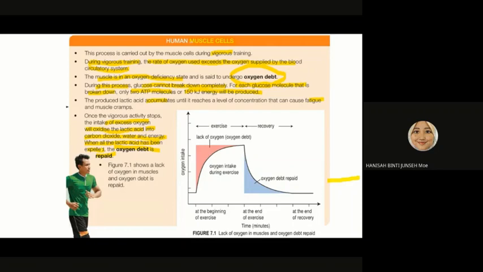Okay. So di sini maksudnya, kenapa tadi I give you the example that whenever you do an activity, let's say you run as fast as you can and then you feel pain in your muscle, in your leg, rasa sakit, penat. Di kaki tu ada rasa sakit, lengu-lengu sakit kan, especially di bahagian betis ni. Tapi bila kamu rehat, you take some time and the pain will be gone. Sebab kamu ada masa untuk breathe normal again, baru dapat ambil lagi oksigen. The oxygen help to oxidize the lactic acid. Okay?